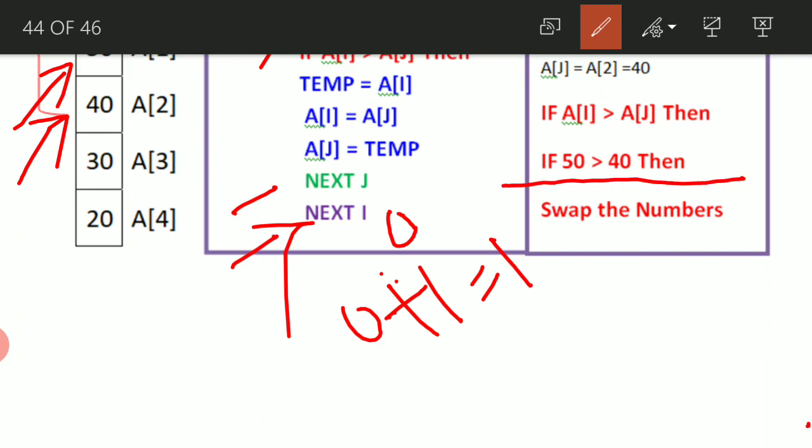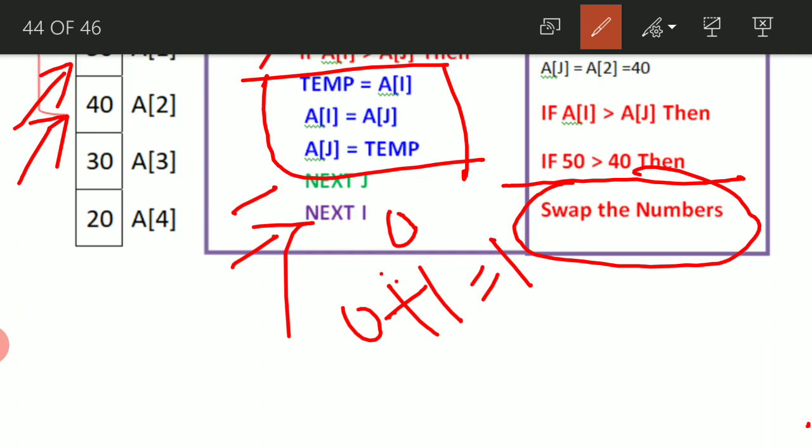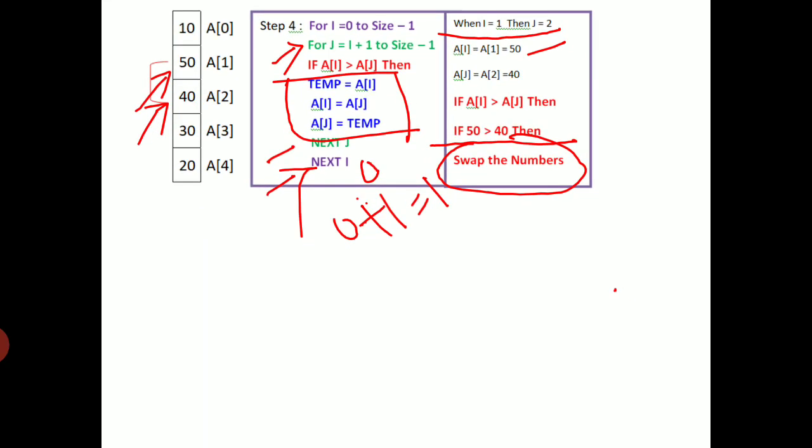Can you see here? We got the same position or not? I mean to say, when we started this array, we compared 50 and 40 for the first place and we swapped. The same is going to happen here now, because this is arranged in descending order and we are trying to sort it in what? Ascending order. If 50 is greater than 40, then what happens now? We are going to swap these things. Then 40 will come to the 50th position and 50 will come to the 40th position.